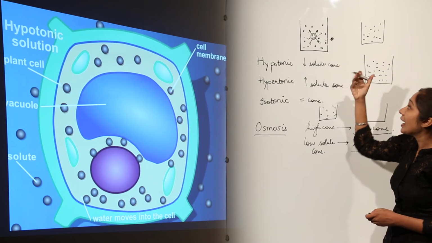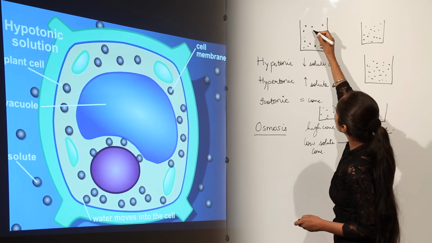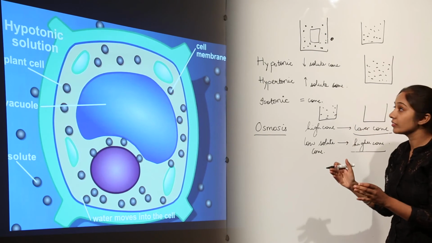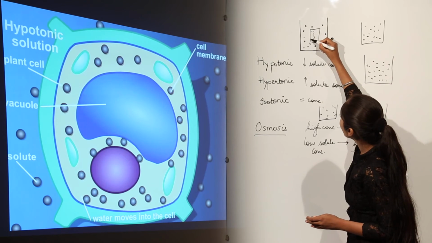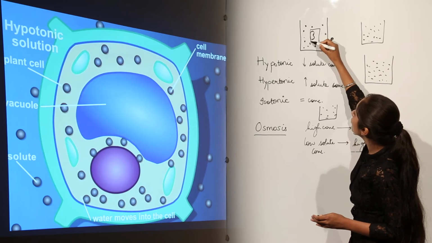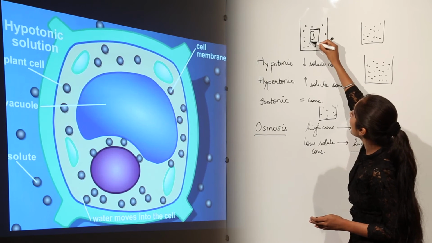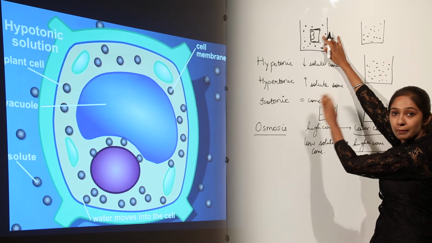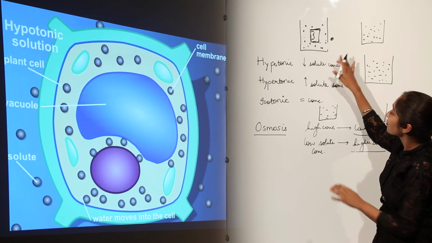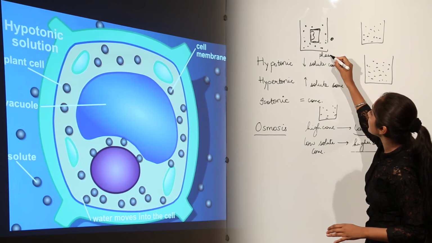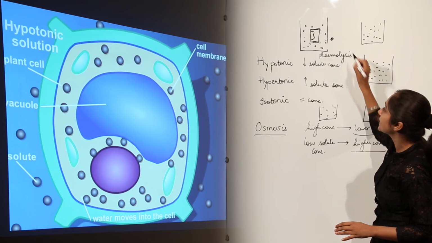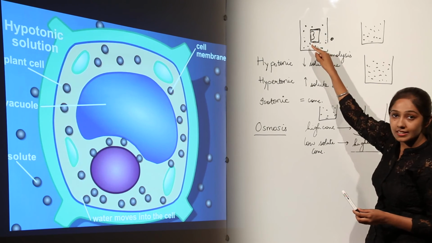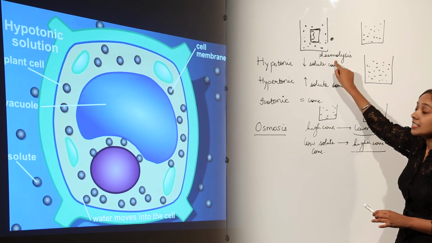But if we place a plant cell in a hypertonic solution, since a plant cell has a cell wall, the cell wall helps to maintain the integrity and shape of the cell. The cell contents are going to shrink and align like this, but the cell wall will not allow the cell to change its shape. Remember, this is very important. This process is known as plasmolysis. When we place a plant cell in a hypertonic solution, the cell contents shrink along the cell wall.